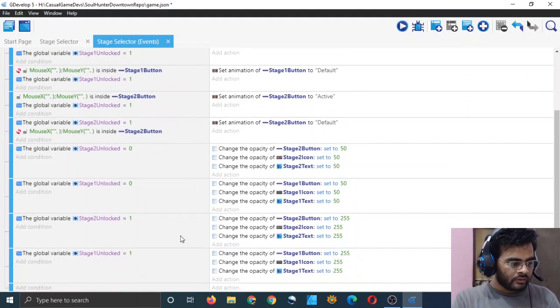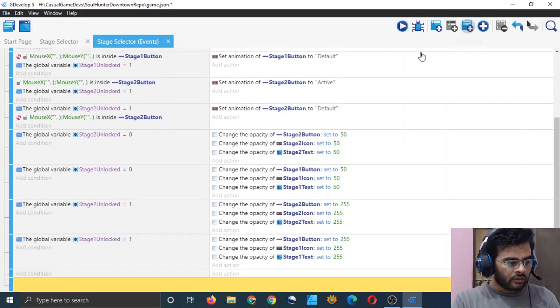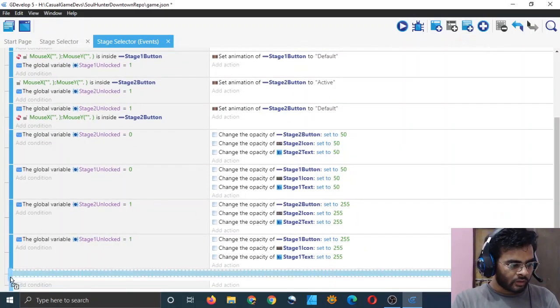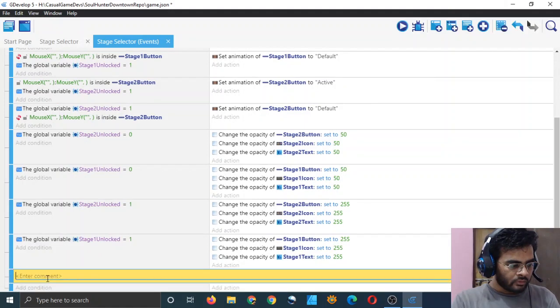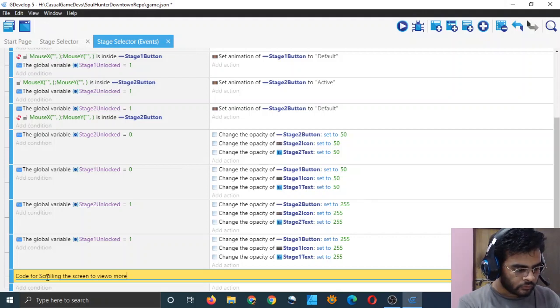But for this activity, let's write some comments. Add a comment. I will shift it up, and I will just type: code for scrolling the screen to view more areas. That's good.